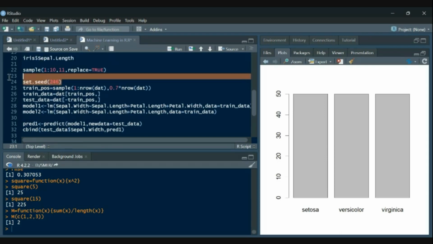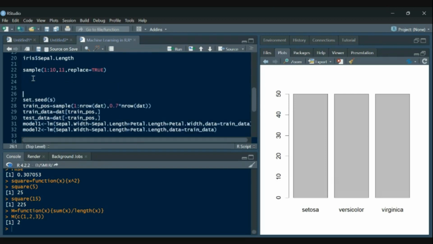For that, in set.seed, just at the beginning of the train_position, we can give it some value, let's say s. And here we will give the function, let's say this is RMSE. This function will give us the RMSE of our particular model.